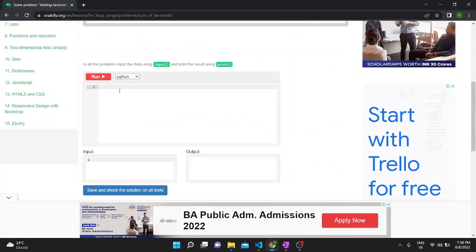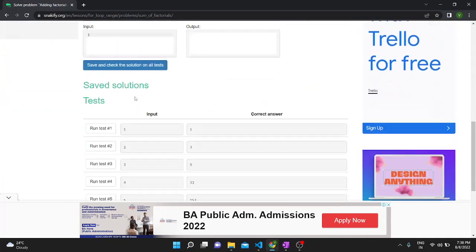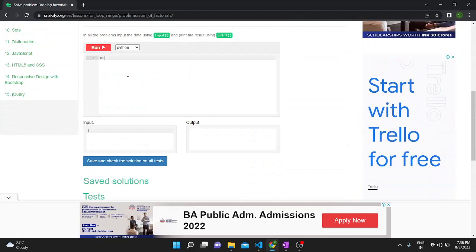First of all I would take input from the user, so n equal to, using the input function I can take input. Then I would assign the value of a equal to 1 and b equal to 0,